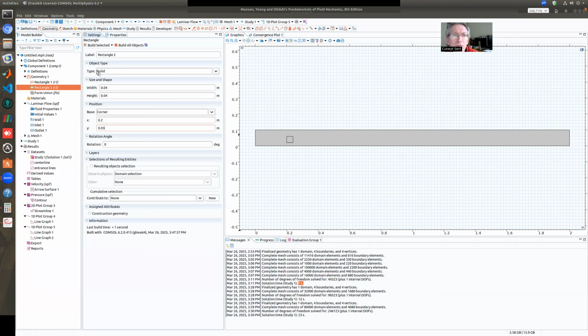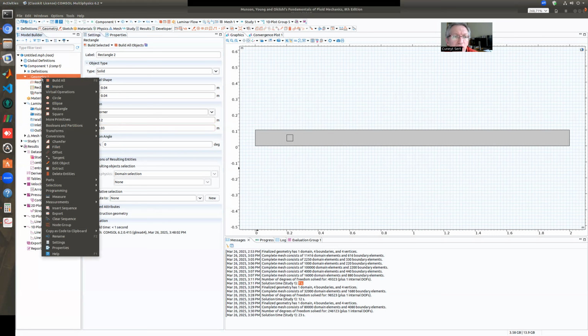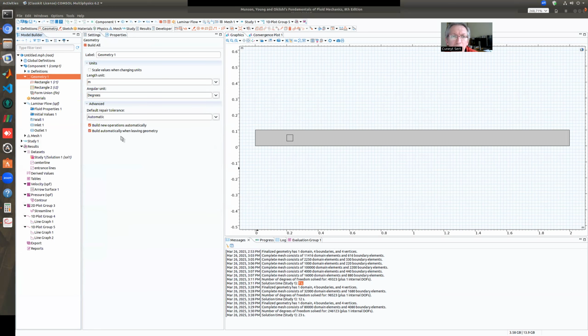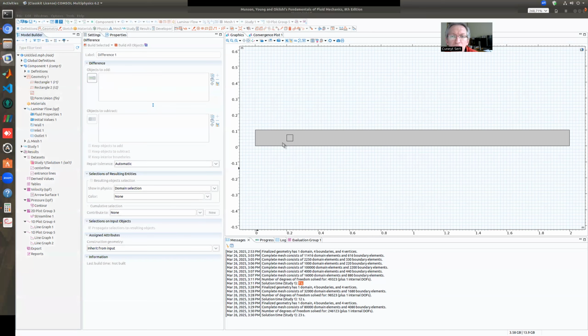Build selected. Yeah, it is at the center of the channel, a little bit far from the entrance. And then I will just come here and right-click geometry. I have Boolean and partitions, I have a difference operation. So for the difference, I will select this for objects to add and the small one for objects to subtract, and I will say build selected.